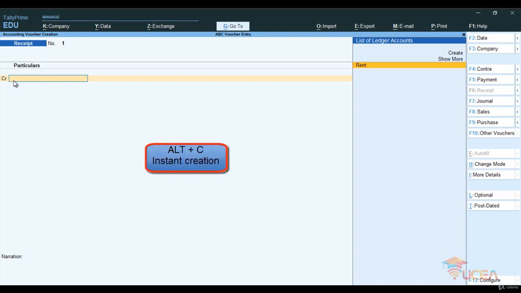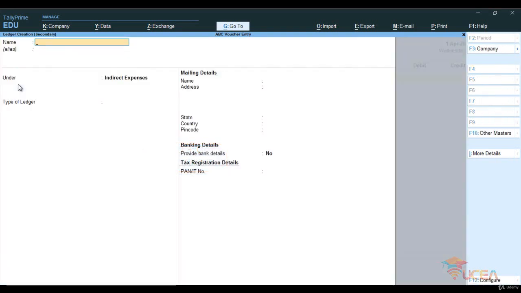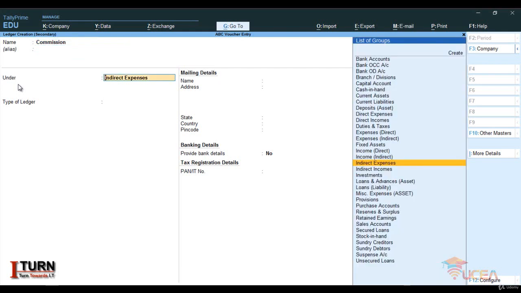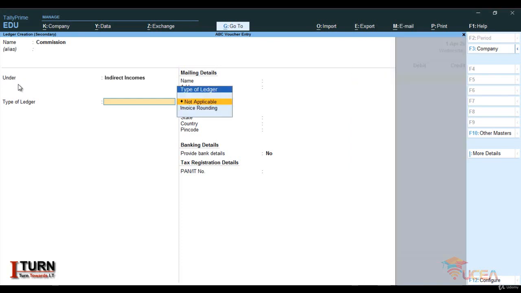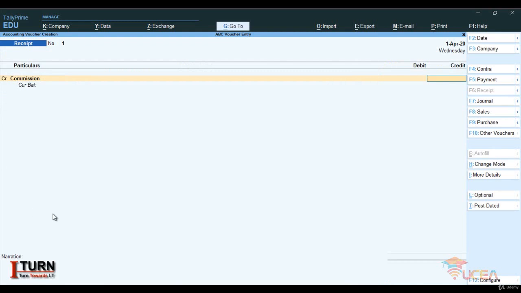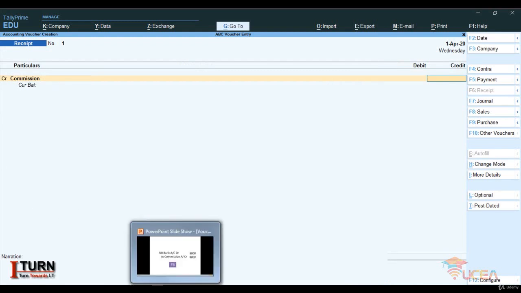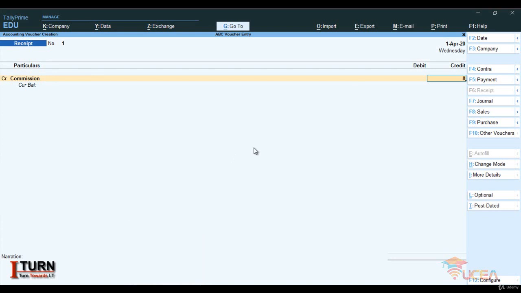You need to press Alt C. My cursor is here and I'm going to press Alt C. Now Alt C is for instant creation. Now here the ledger name is commission, so I'm typing commission, and it is an indirect income, so I'm selecting indirect income. Now commission of rupees, let me see, it was 8,000, okay, so I'm typing 8,000,